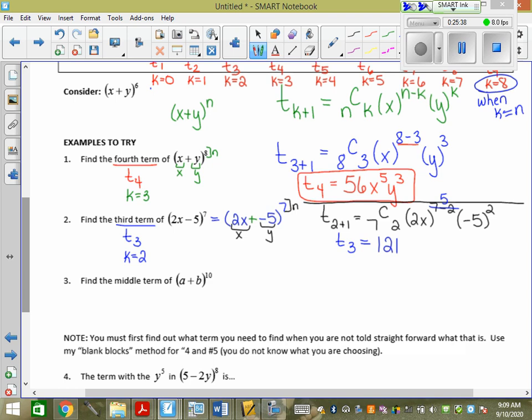The 5 has to go to the 2 and to the x, right? If you're someone who's like, I'm going to forget that, and that's usually 3/4 of you, it's not because you mean to, it's just a silly error. The 5 has to go to the 2 and to the x. So remember when there is a term with a coefficient in front, that 5 has to go to it as well. So it's going to be 2 to the 5, and 2 to the 5 is what? Thank you. X to the 5. And then -5 to the 2 is 25.